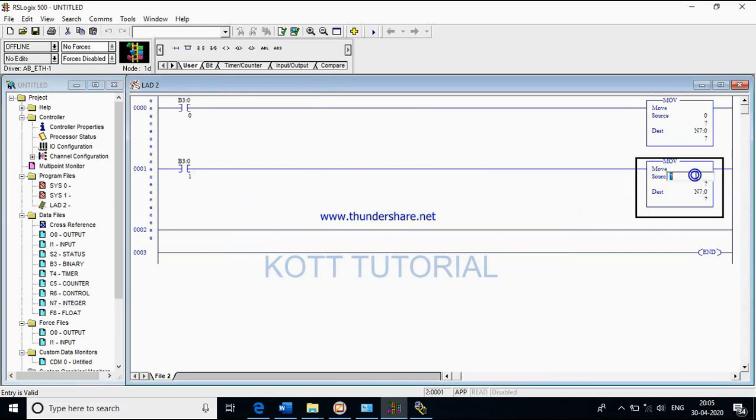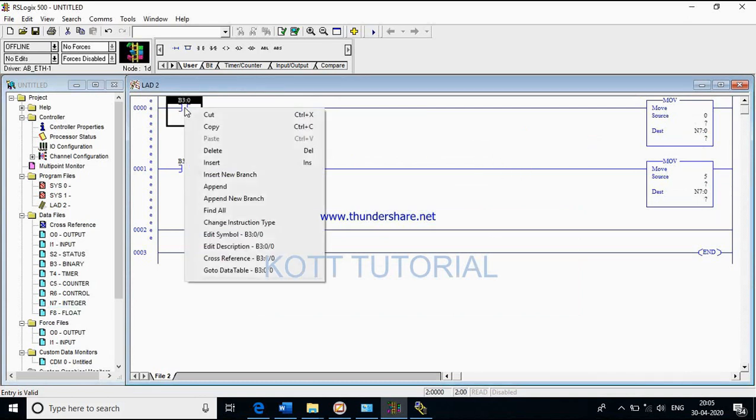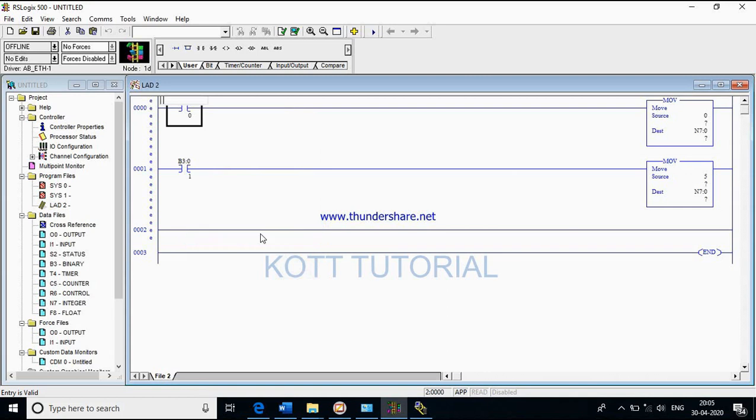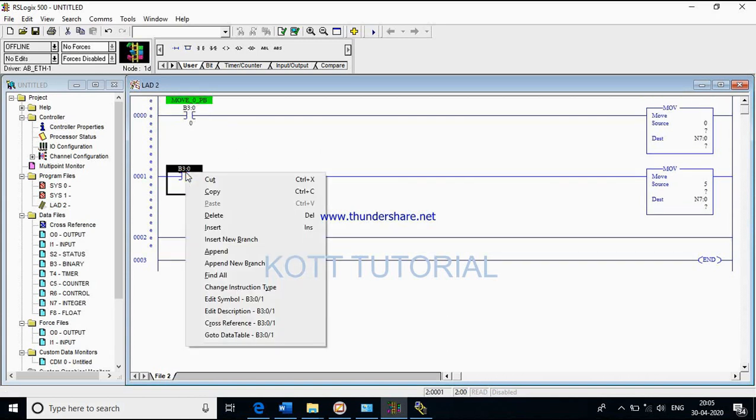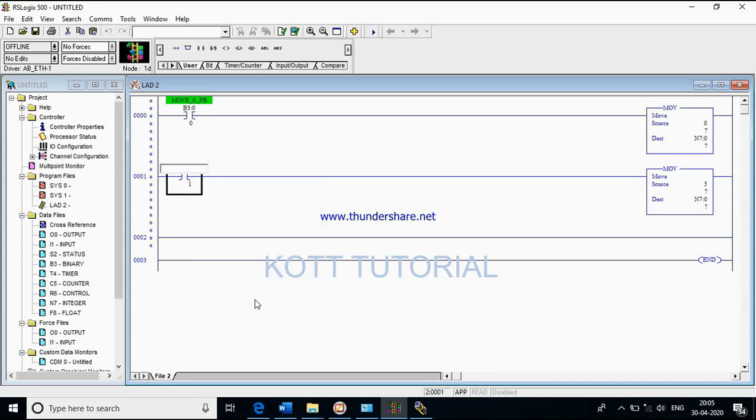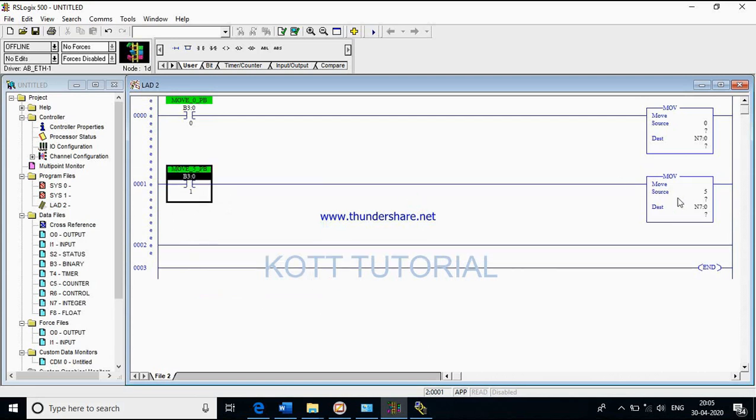Zero, move 5. Let us give names for these tags: move 0 push button, and we can name this move 5 push button. We can give a name for N7:0 also, value.